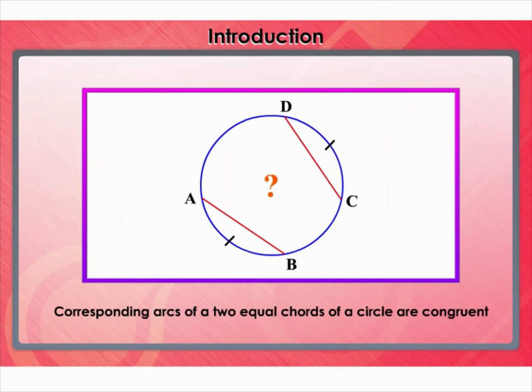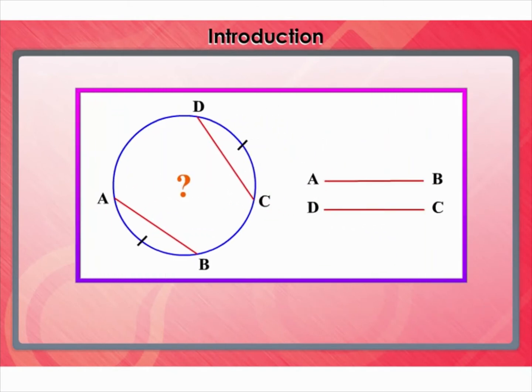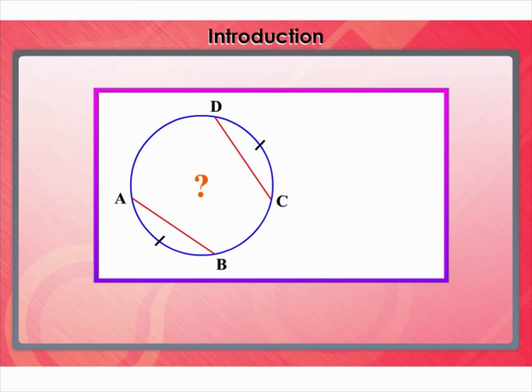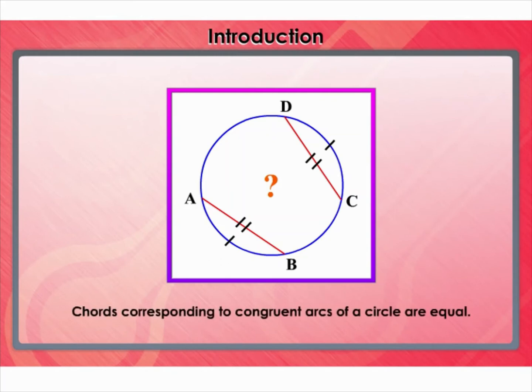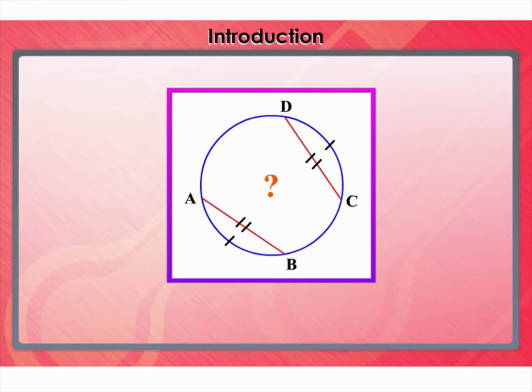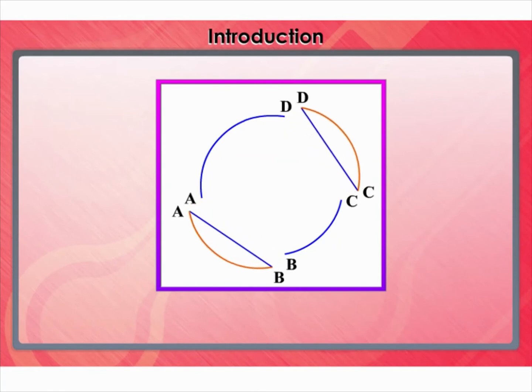The converse is also true. If AB and CD are two congruent arcs of a circle, what can you say about the chords AB and CD? Simple measurement shows that AB and CD are equal in length. Thus we can say the chords corresponding to congruent arcs of a circle are equal. Congruent in the sense, if one arc is put on the other without bending or twisting, one superimposes the other